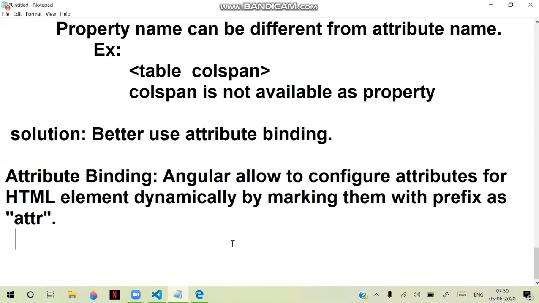That means Angular does not have the whole HTML library, because the problem is that HTML tags and elements are browser dependent. For a few browsers, some elements will work. For a few browsers, some elements will not work. Because elements have browser dependency issues, that's the reason all element-related properties are not configured in Angular. It cannot handle that. In that case,